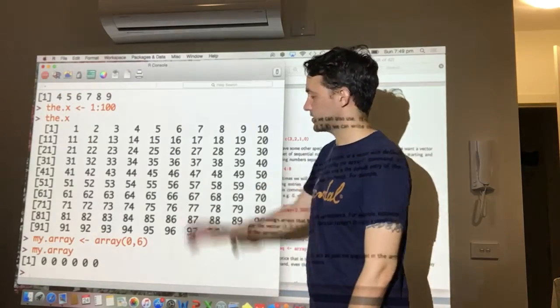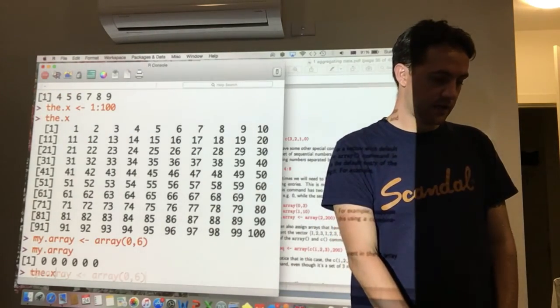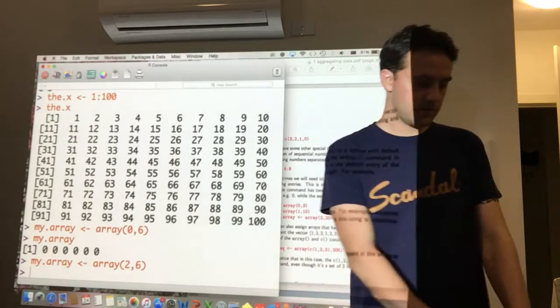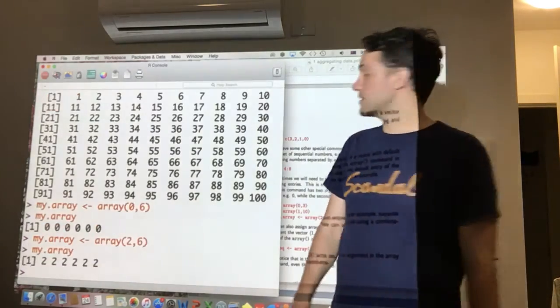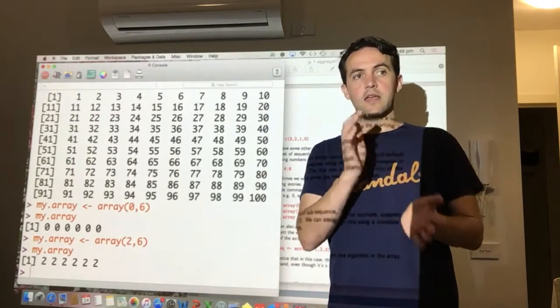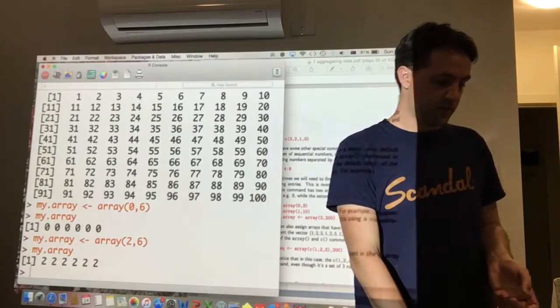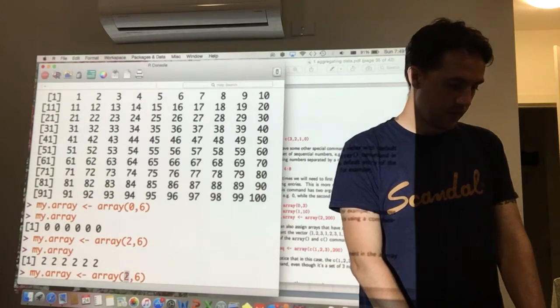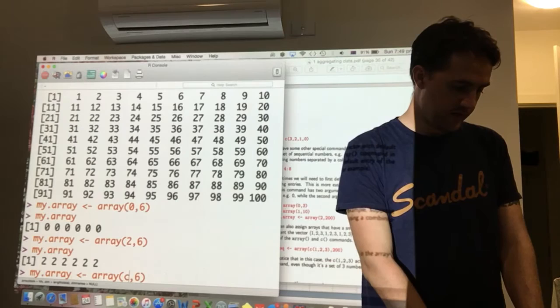So I get 6 zeros here. I could just as easily create an array of 2s, like this. So now it's a vector of 2s, and I can even create an array that repeats a different sequence. So my array, in this case, what if I do c(1,